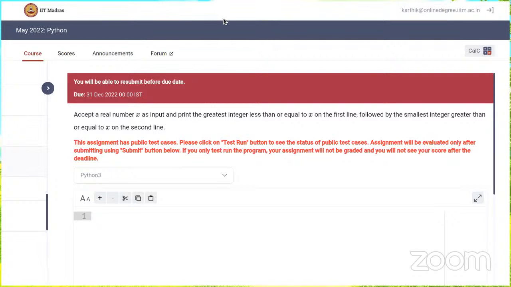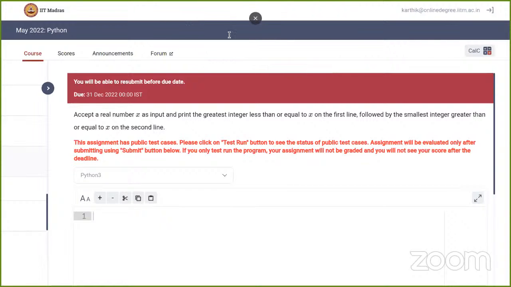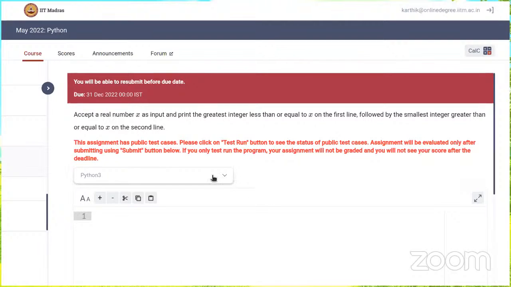But I got 2 out of 7. You got 2 out of 7, right? Okay, so I want to look at such code first. So can you please paste your code in the chat? So anyone who is not able to solve all private test cases, I would like to look at your code first. Yeah, I got the same, so 2 out of 7. Okay, so I pasted the code. Sir, I also received 2 out of 7. Yeah, please paste your code. So I'll first maybe take Pawan's code, because Pawan, your code is having 2 out of 7, right? Yes. Okay, just tell me if this is your code.